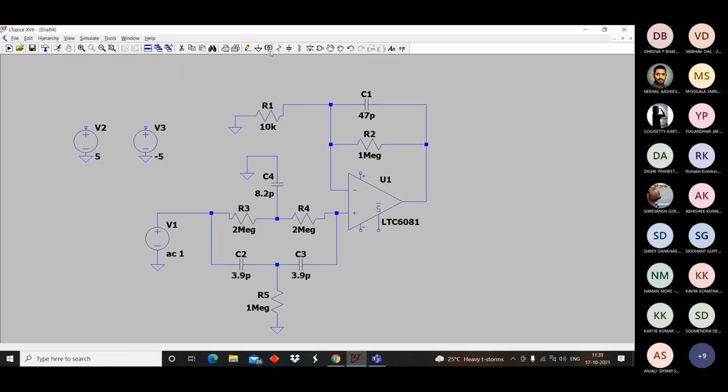Yes. So now we'll move on to the labeling part. These saturation values have to be labeled as B plus. It will form a connection between V2 and the V plus of the op amp. And next we go to V minus, which will be the negative saturation value for the op amp.